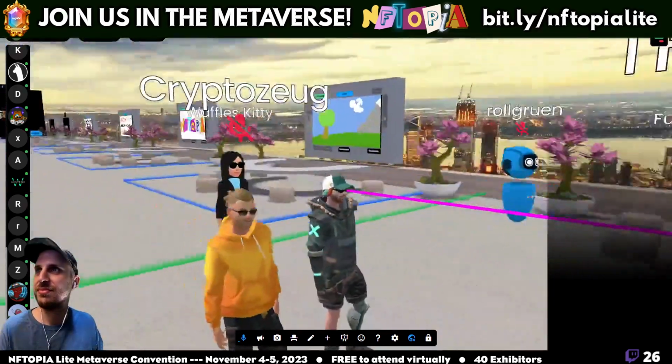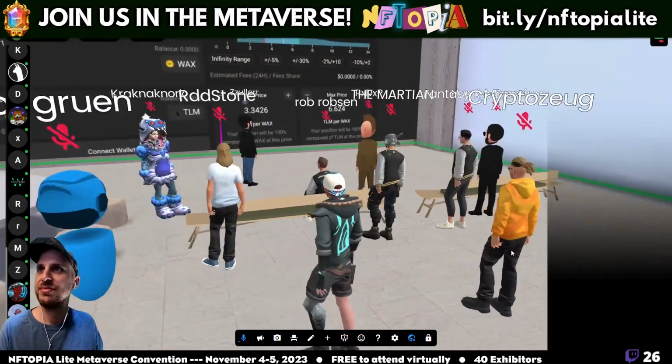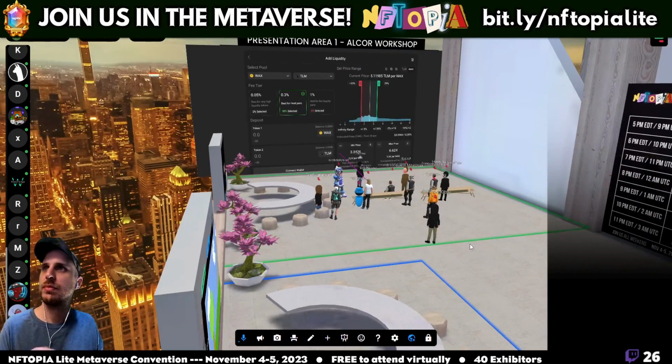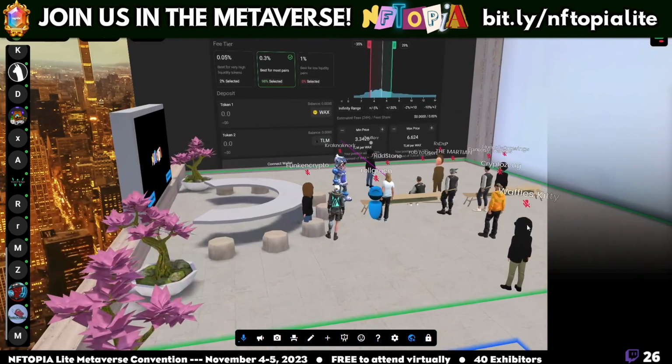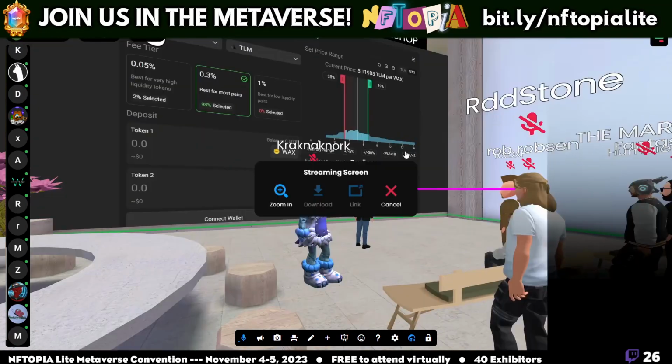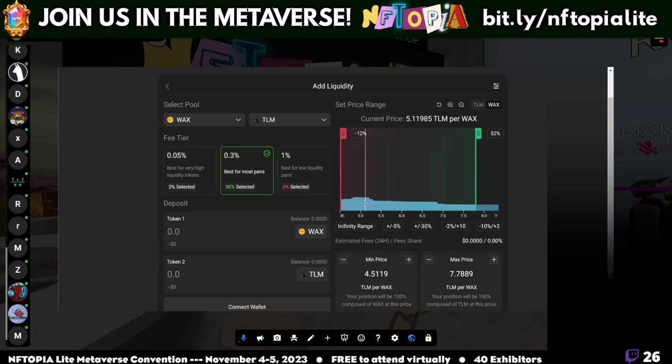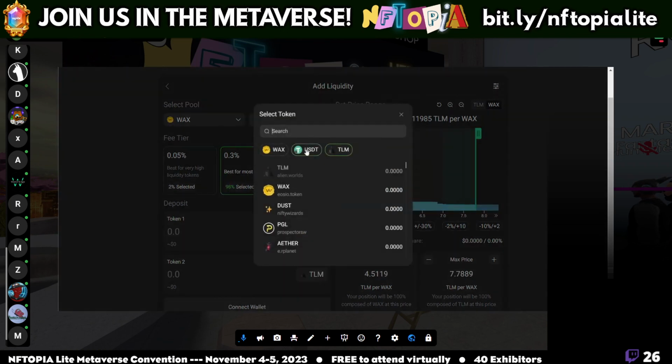It means your liquidity is used more, you generate more fees out of it, and it is also less capital required. So for you to generate, let's say, $1 in fees, you will need to provide much less liquidity in order to have the same revenue, which is awesome and which is something that people have been using a lot. As you can see, for example, one of our best pools is the TLM wax pool. You can check how the liquidity is distributed all the way, how people have decided to provide more liquidity within these ranges. We also have the USDT token,